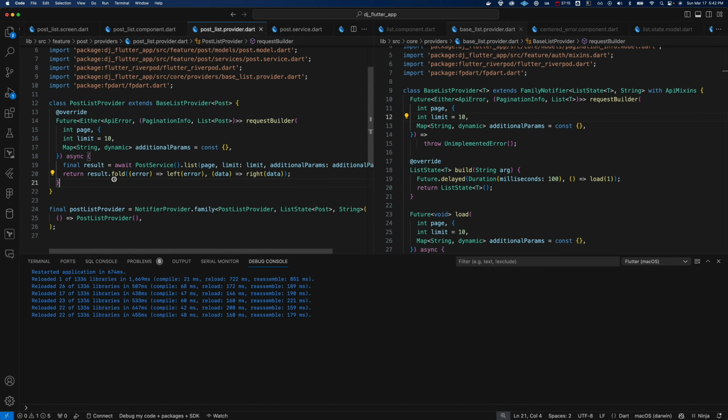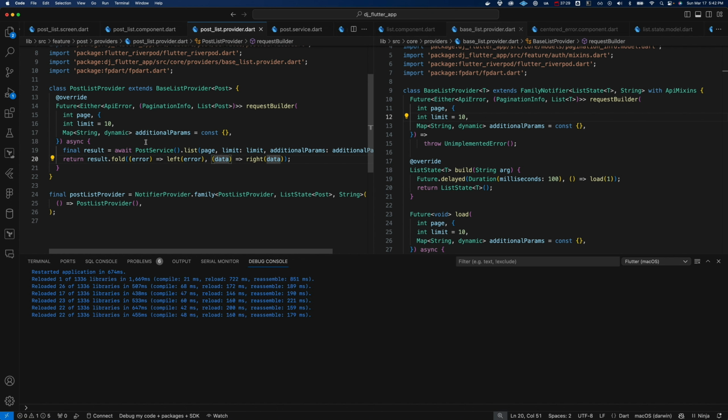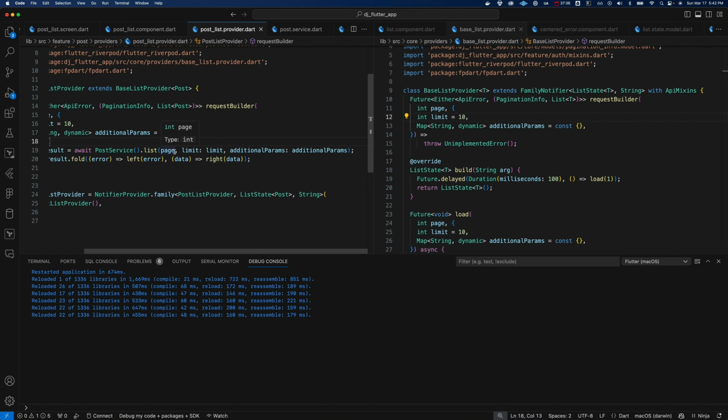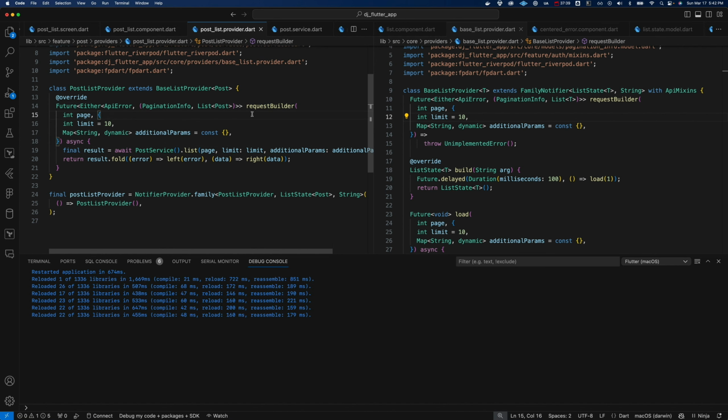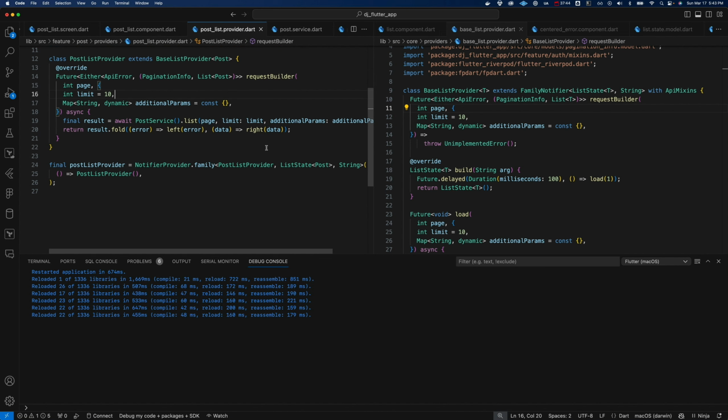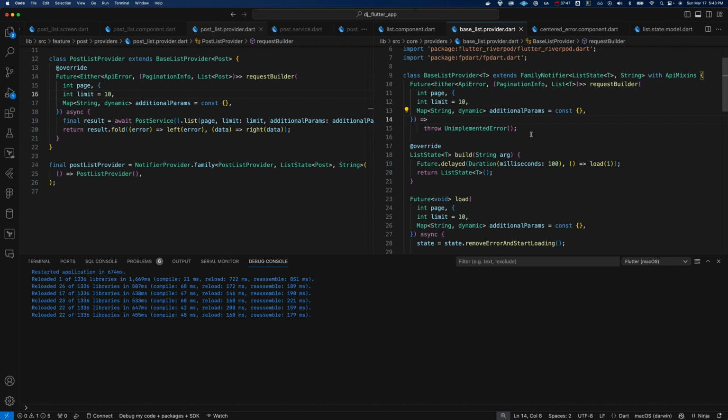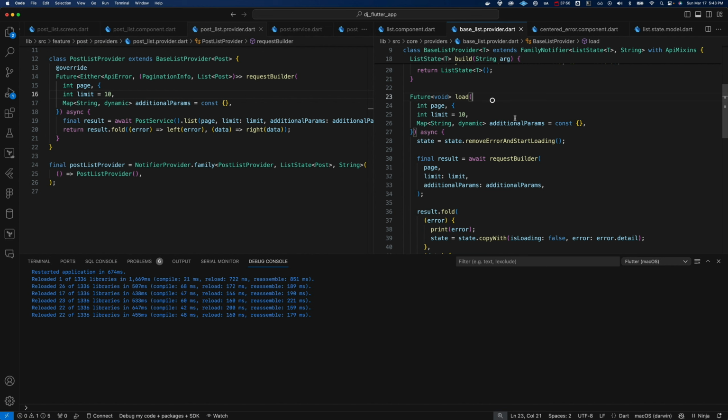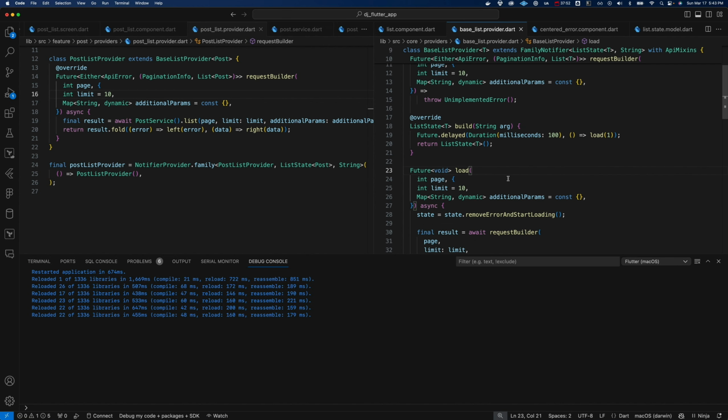So the request builder is actually where the specific work is done on a case-by-case basis. So for a comment or for a post or for whatever. And within here, essentially all we're doing is we're awaiting the post service .list. And we are essentially passing in a page because we can pass in the page here. We have to basically match the shape of this, get the limit, all that kind of stuff. And it passes through. And then basically what this base list provider does when load is called, which happens by,